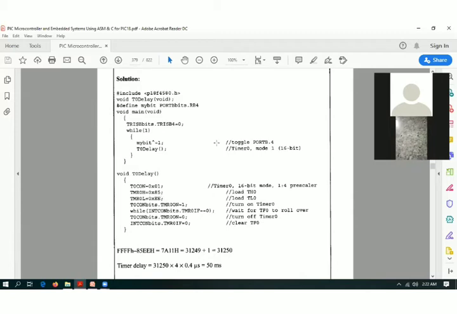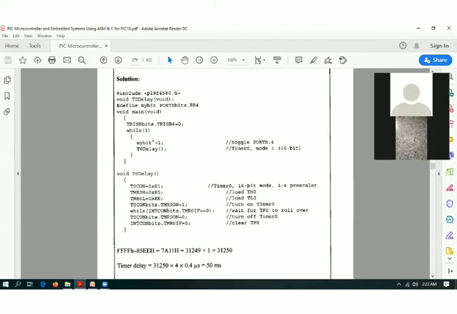Here they are using a pre-scaling option, so the time required for one count for 1:4 pre-scaling will be 1.6 microseconds. You need a 50 millisecond delay. 50 milliseconds divided by 1.6 microseconds gives the desired count. That value will be converted into hexadecimal and subtracted from the maximum value. You get a value that is converted into hexadecimal, and that has been initialized here.